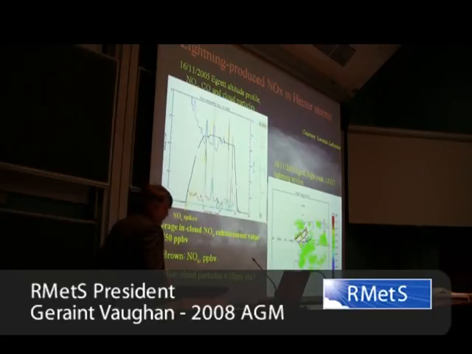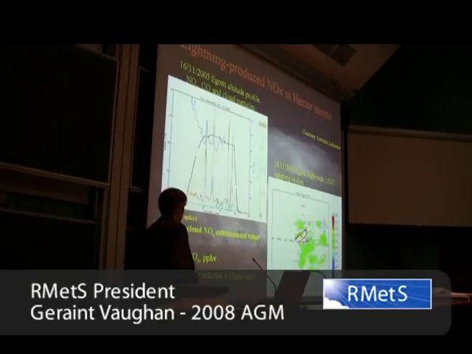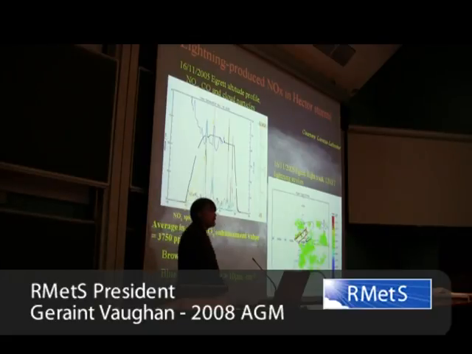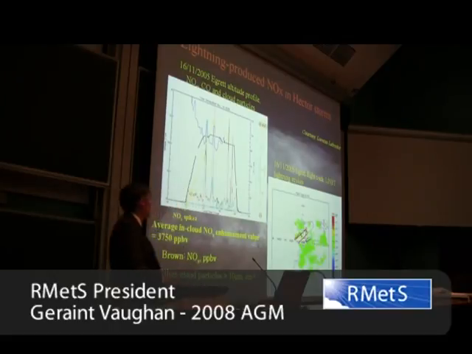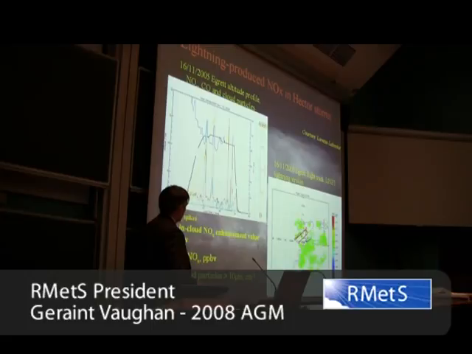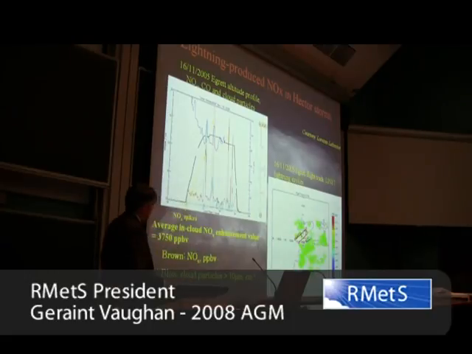Now, everybody knows that thunderstorms have lightning in them. Remarkably, the ones in Darwin don't produce any thunder. So we're watching these lightning flickering for hours on end and you don't hear any thunder, which is quite interesting. But they produce a lot of NOx. And here we have, this is the 16th of November, the day that I showed on the previous slide actually,